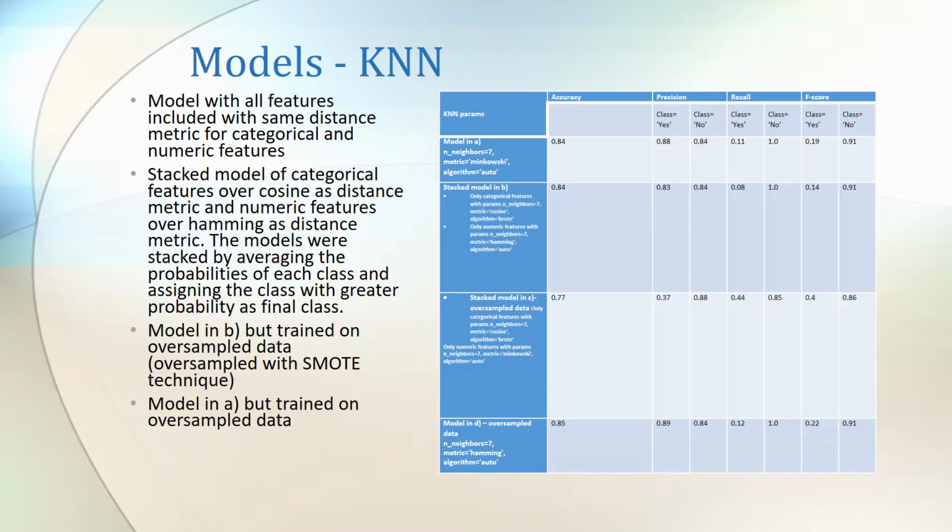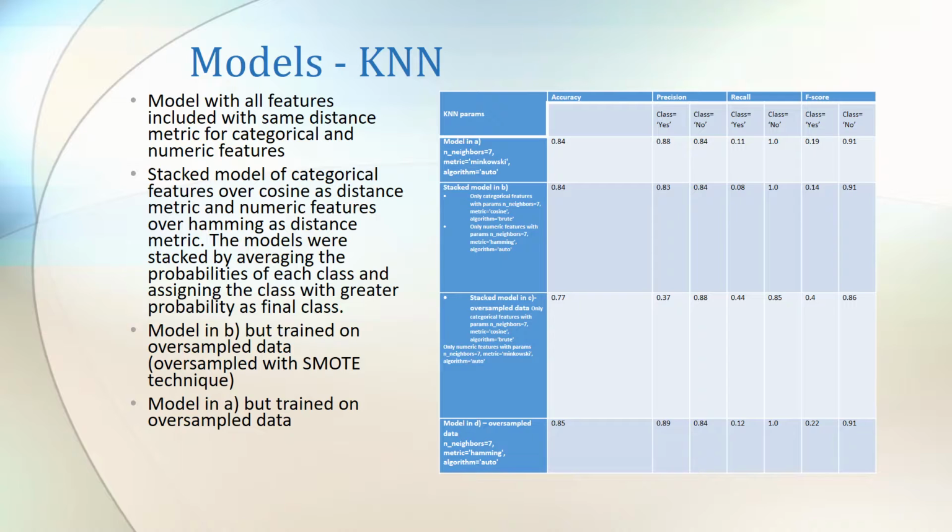The next model is the K-Nearest Neighbor. We created two types of models and repeated those two models on the oversampled data. The first model that we created was with all the features included, and the same distance metric was used for categorical and numeric features. Then we separated the categorical and numeric features and created two KNN models with different distance